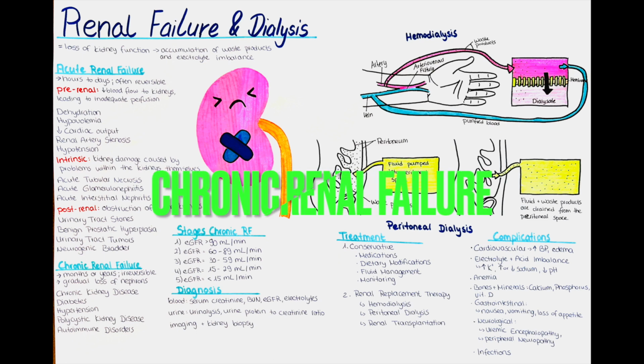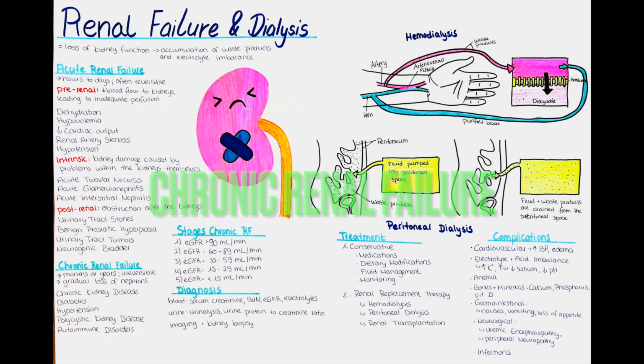The other main type of renal failure is chronic renal failure. Chronic renal failure is a progressive and irreversible decline in kidney function over a period of months or years. It is typically characterized by gradual loss of nephrons, which are the functional units of the kidneys. Chronic renal failure is commonly caused by conditions such as chronic kidney disease, diabetes, hypertension, polycystic kidney disease, or autoimmune